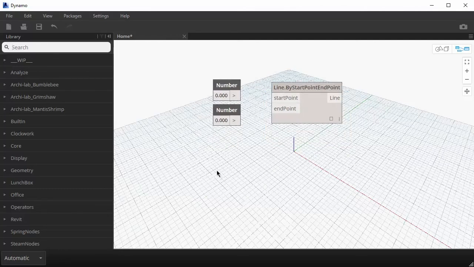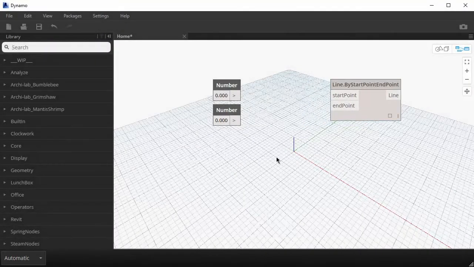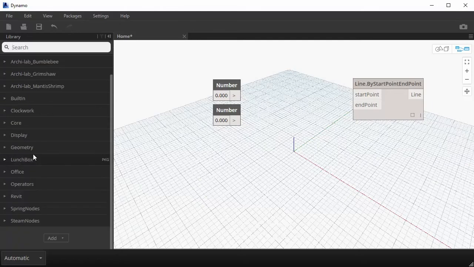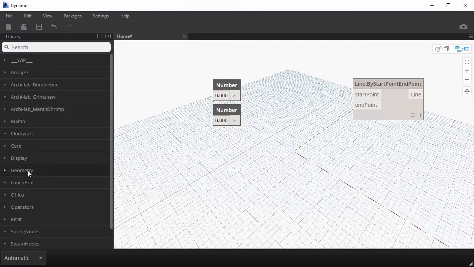Beyond that, all the way on the bottom, there's a couple of things that are quite important. So by default, Dynamo is set to automatic. So this button over here tells you which state Dynamo is running in. And by automatic, I mean that if I'm creating a line, right? And I'm just going to demonstrate really quickly from the geometry tab.